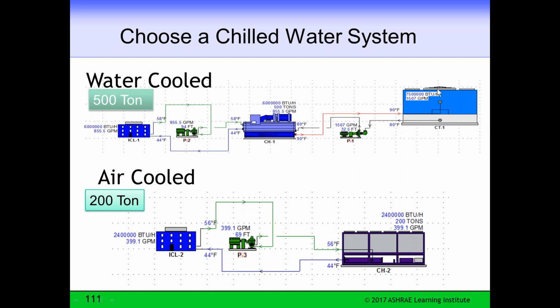Also, this fan for the cooling tower is fairly large, where all these little fans for an air-cooled chiller generally do not use as much energy as this big fan. So we are at a negative here on the chiller. But then when we get to the chiller, it is a fairly efficient piece of equipment. And then we have the chill water pumps, which are pretty much the same for both air-cooled and water-cooled. So I'm showing a 500-ton water-cooled system and a 200-ton air-cooled system.